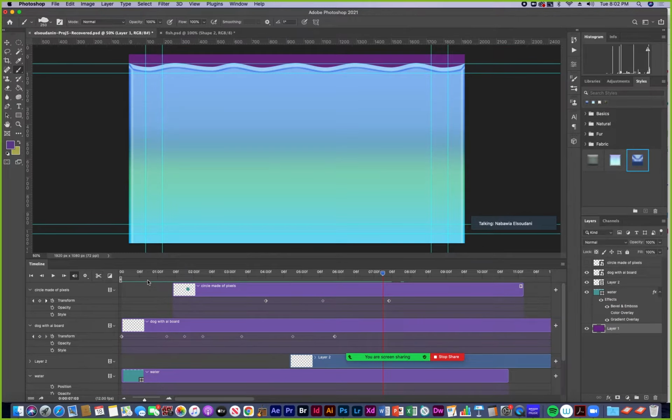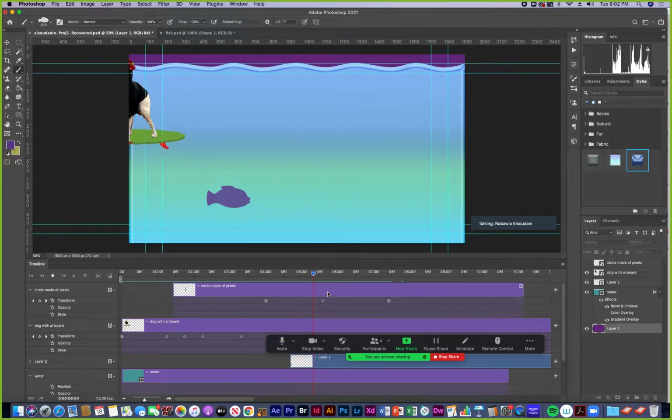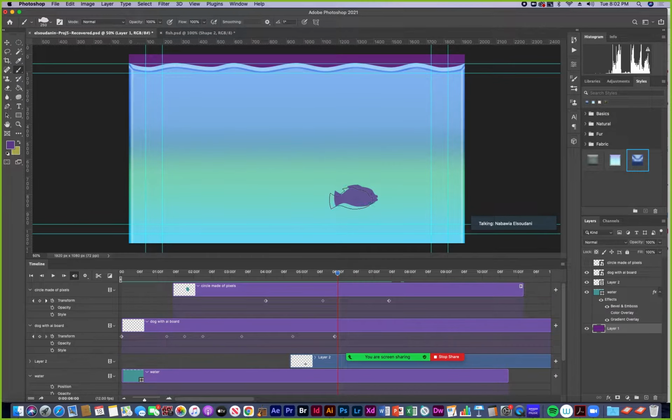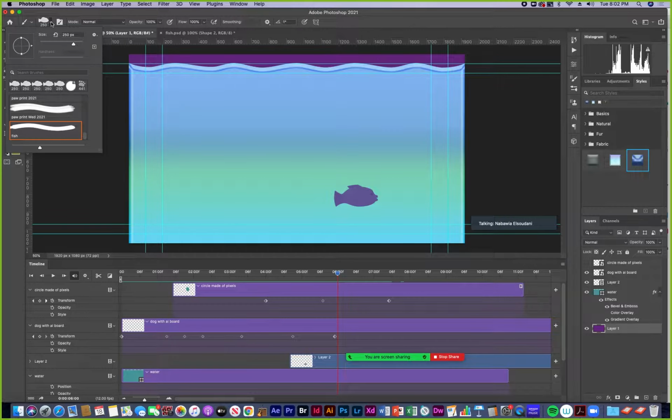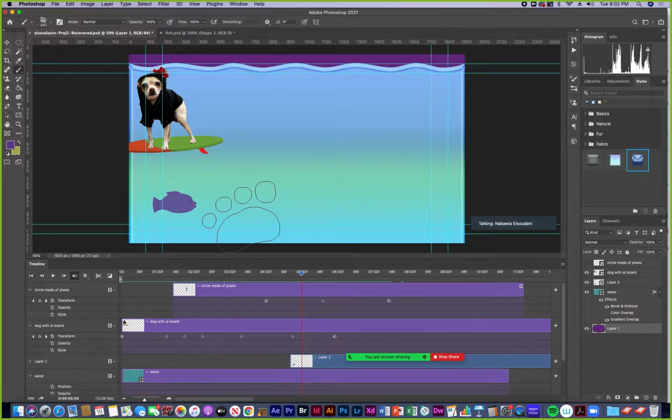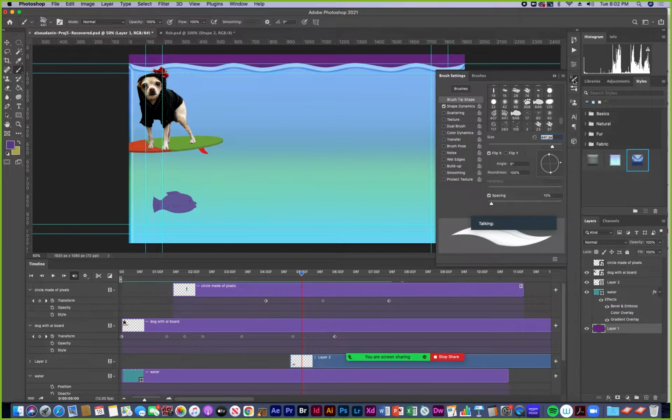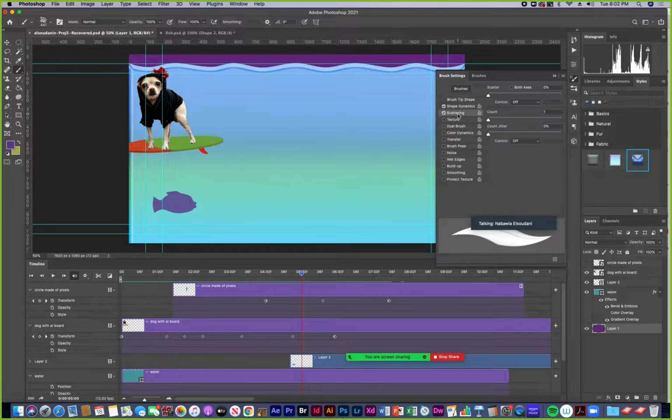Fish comes in. Okay, so that's using a blank video frame layer to draw on. And I could do other stuff too, like I have those paw prints I could use, so I could take the paw print and do a spotting of paw prints here and there. I could do it with my brush settings. I could maybe go into, actually I got the paw print selected, and then I can adjust